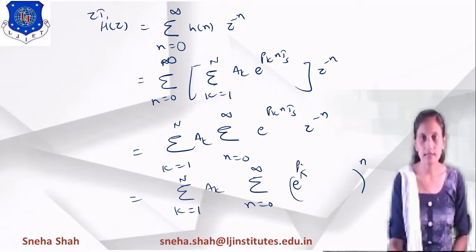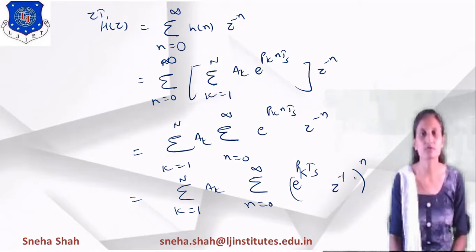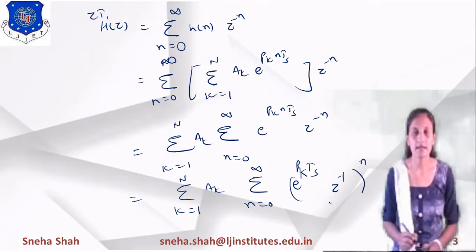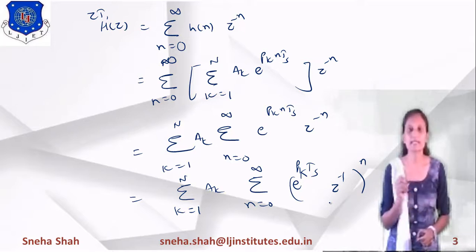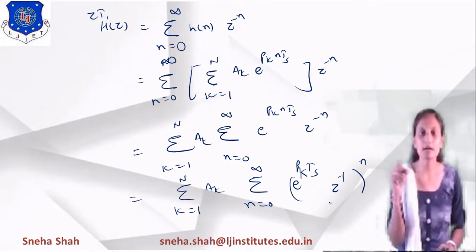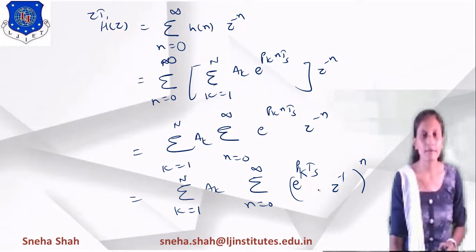n goes over here, so the term will be ds, z raised to minus 1 raised to n, so it will be considered as z raised to minus n. So this will be considered as a. Now as you know, if we are taking summation n equals 0 to infinity a raised to n, then the term will be 1 upon 1 minus a. So the value of a equals this, so I am applying this formula in the next point.